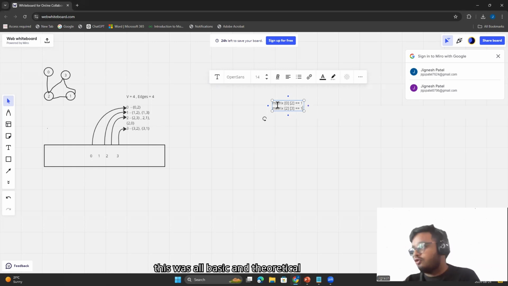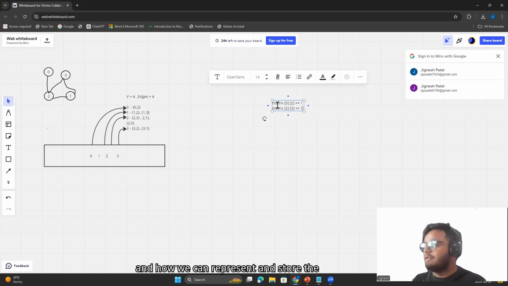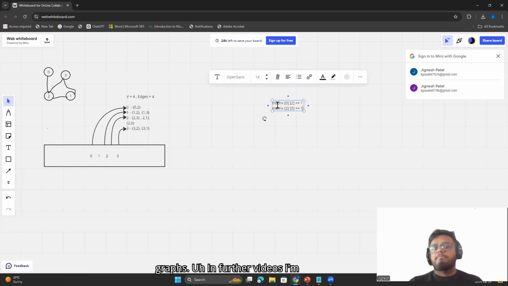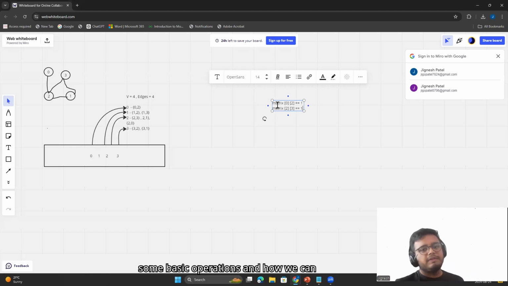So this was the basic and theoretical explanation of how graphs work and how we can represent and store graphs. In further videos, I'm going to cover how we can code, what some basic operations are, and how we can actually implement these in our real life